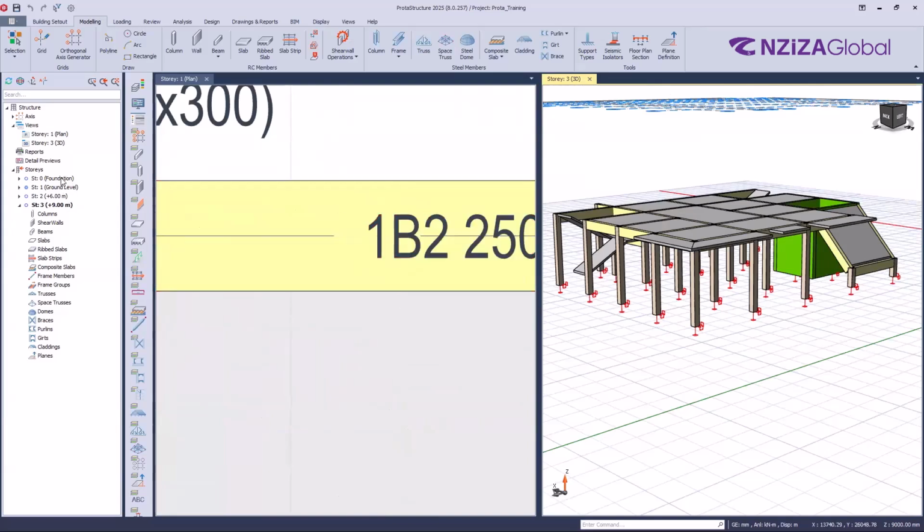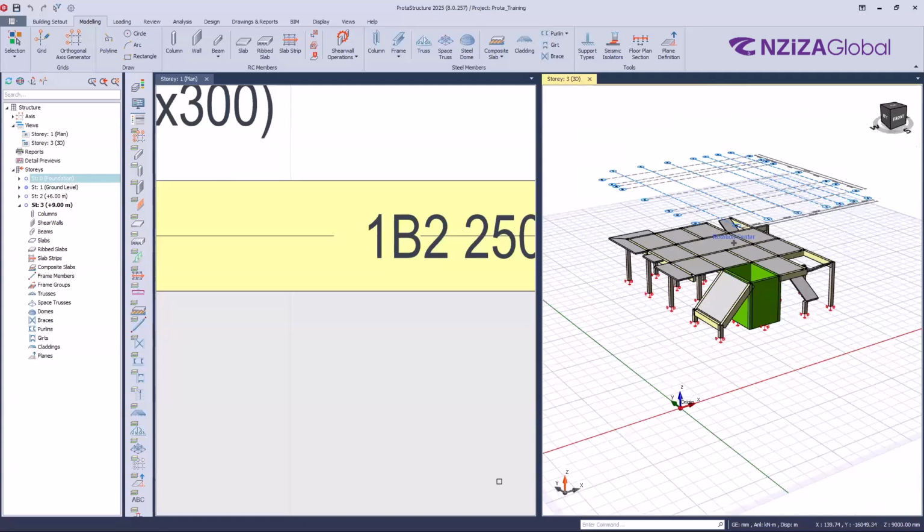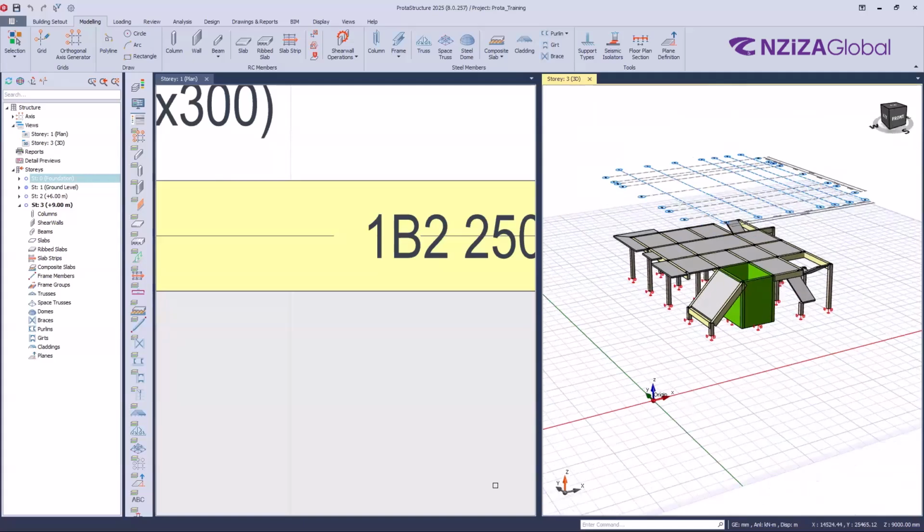For the footing part, the foundation part, we have seen how to adjust the depth of foundation, its description, even the label. Are we together so far? Okay, good. So